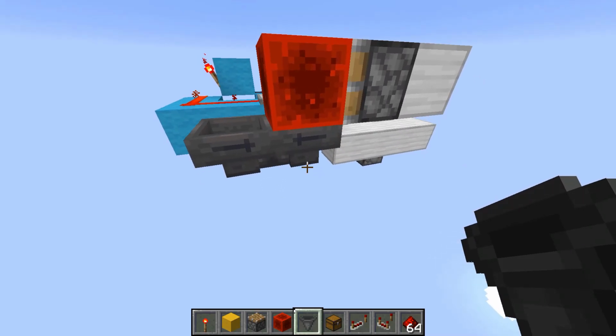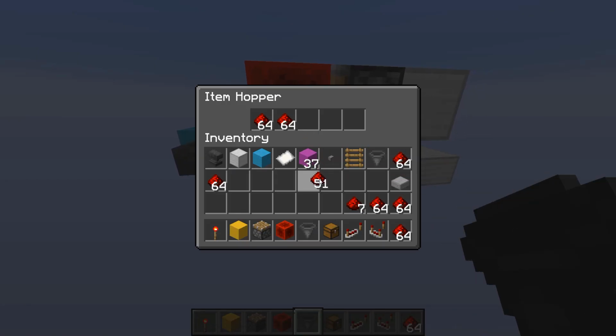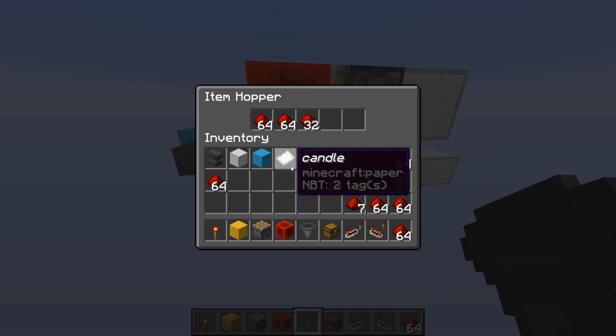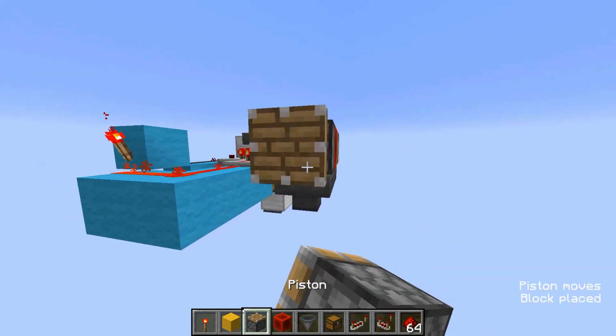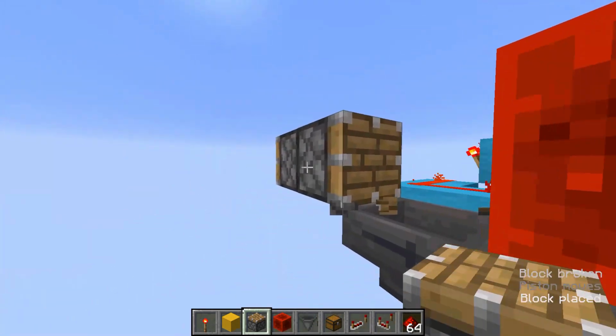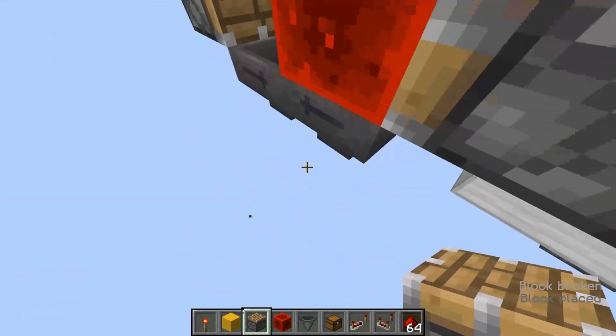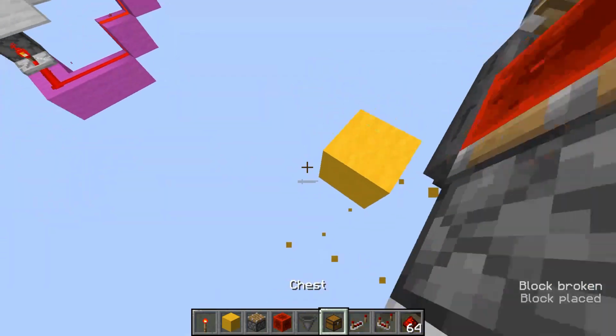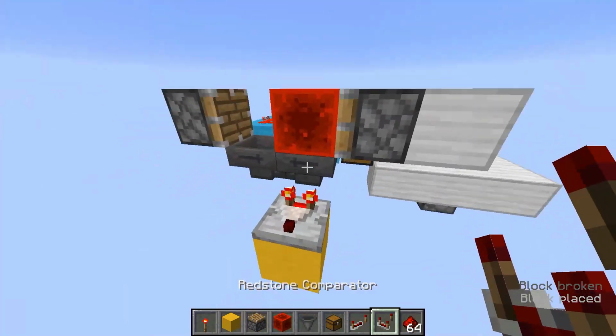Alright. And so what this will do is this creates your hopper timer. Now for my demonstration, I put 2.5 stacks of items in here, which equates to about a minute. Although you can go up to a max of like 2 minutes 8 seconds if you put all 5 stacks in here. Now once you do that, you want to put a piston facing just like that, facing towards the redstone block just like that, with a comparator output from this hopper right here,